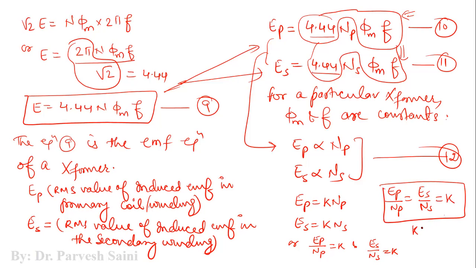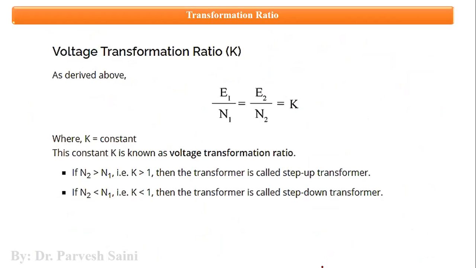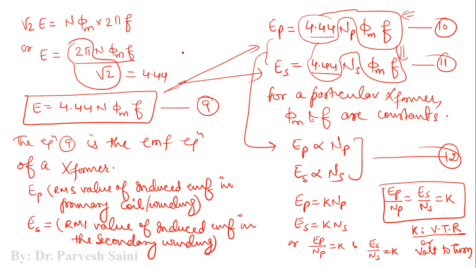So this K is the voltage transformation ratio or voltage to turn ratio. So this we will take up in the next slide, right? So voltage transformation ratio or voltage to turn ratio, right? As you can see here, we have the same equation: EP by NP is equal to